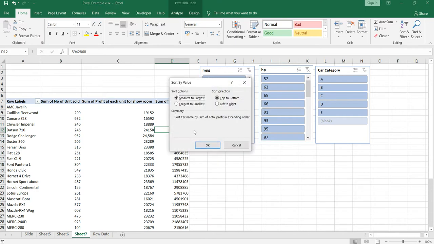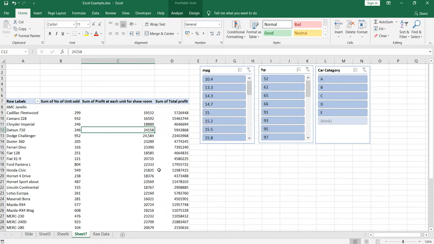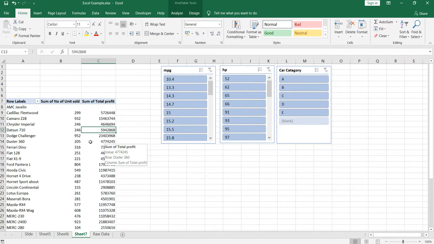If you click on that, you will see the same thing and the sort direction from top to bottom and left to right. Now the next option we have is remove sum of profit. If you click on this, the sum of profit at each unit for showroom column which we had added in this pivot table will be removed. So if I click on this, it gets removed, right?